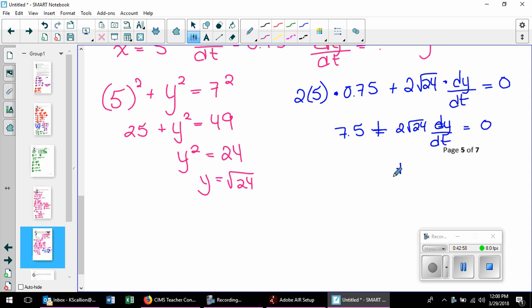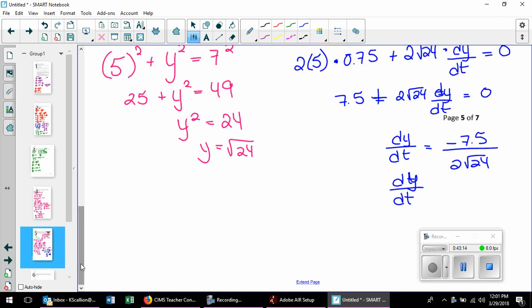So I've got dy over dt is equal to negative 7.5 divided by 2 root 24, which gives me a whopping dy over dt, and negative 0.77